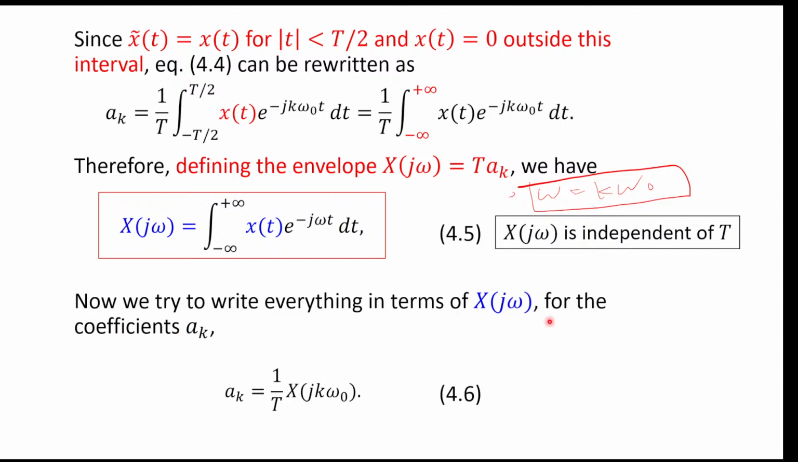Okay, and now with this envelope function, we try to write everything in terms of X of j omega. Okay, so, excuse me, I need to